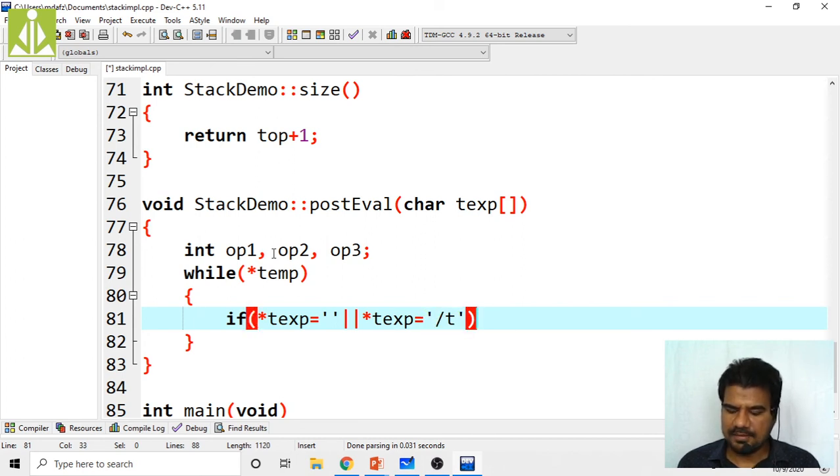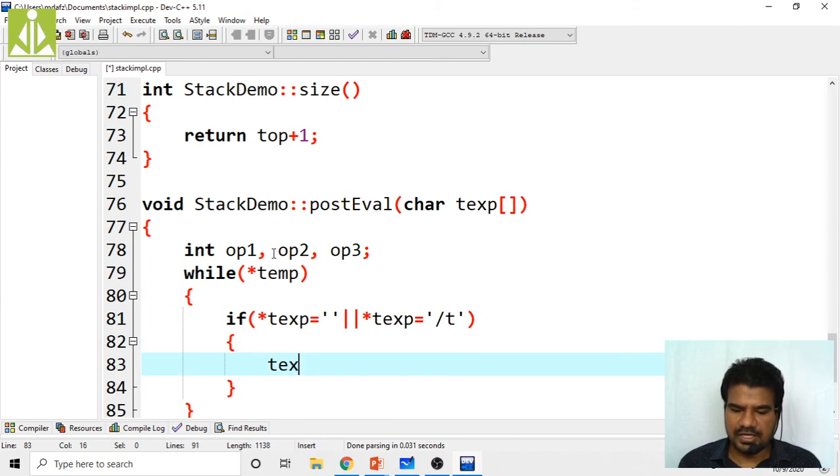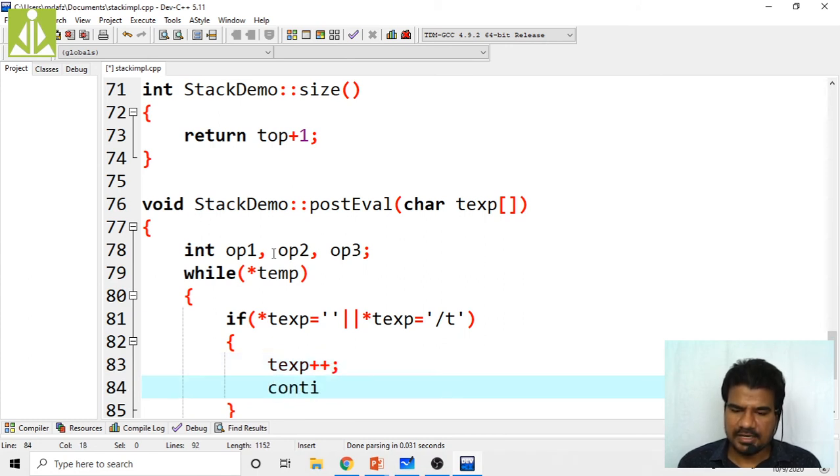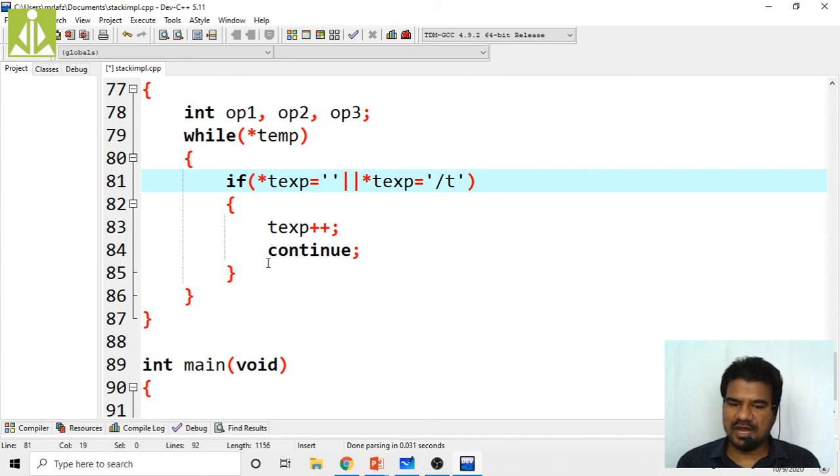If it is a tab, then simply move to the next character. TEXP plus plus, ignore that one and move to the next character. Instead we will use continue, because if it is a space we don't have anything to do any further, so simply go to the next iteration of the loop.